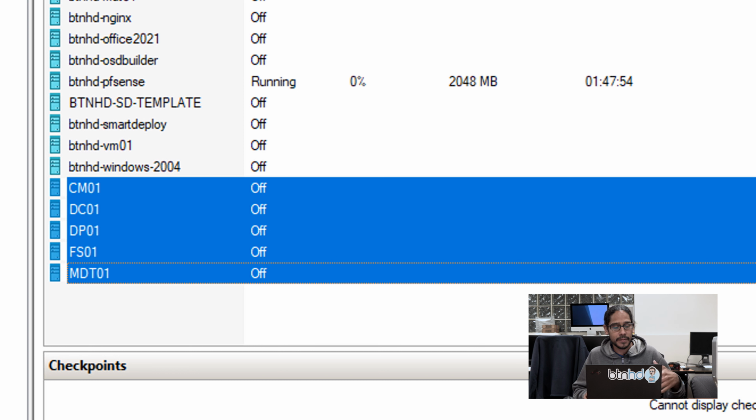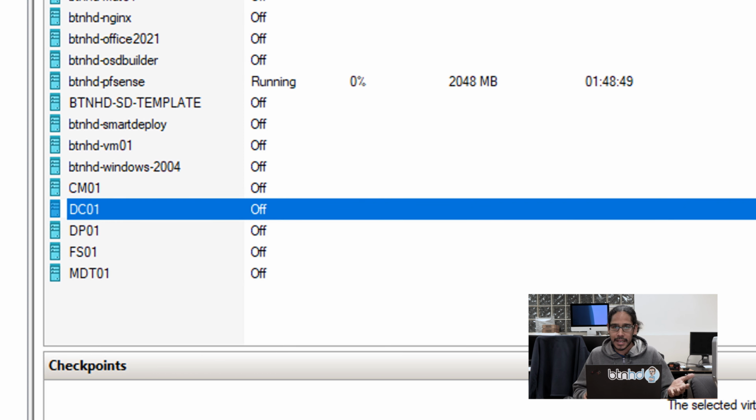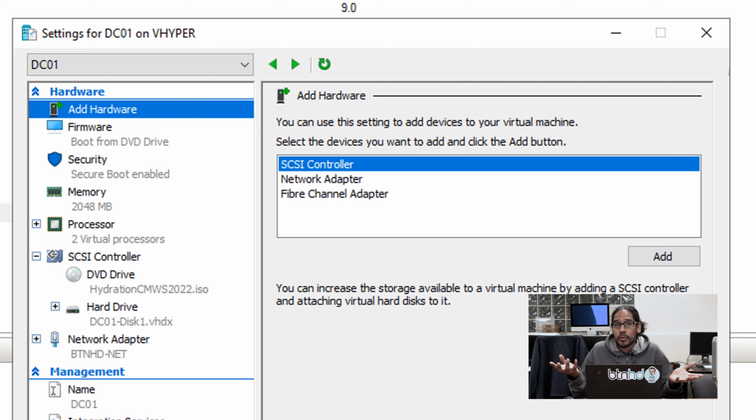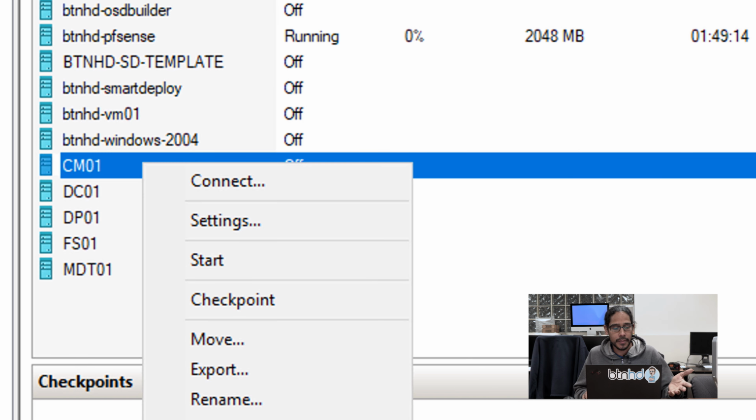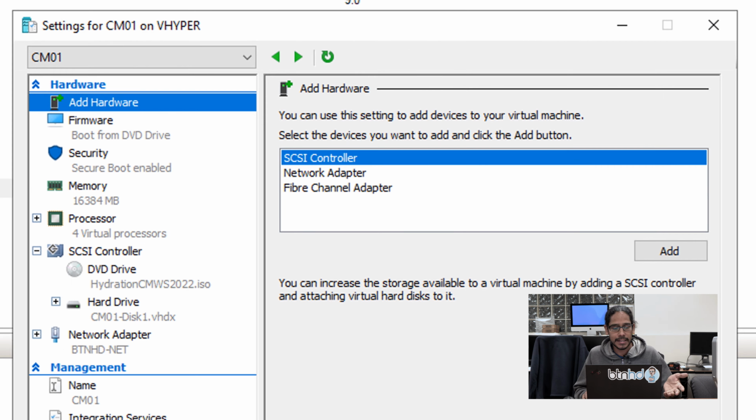Now, if you go inside Hyper-V Manager, you're going to see the new virtual machines that were created. If you select one of them, such as the DC1, and you right click on it, go to settings, you're going to see it actually configured everything with all the requirements that you need, the memory and the processor. For the DC, by default, it gives you 2 gigs, which is great. And the configuration manager, if you right click on that and go to settings, it gives it 16 gigs. So make sure that the machine you're going to house these guys on has enough memory, because 16 gigs is a lot. And then with the file share and the MDT, it just adds on.